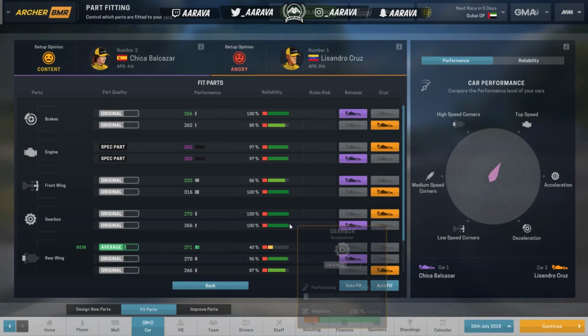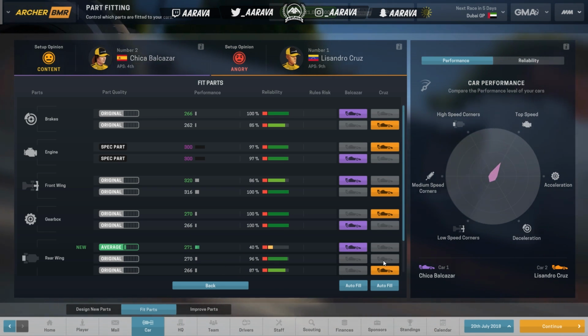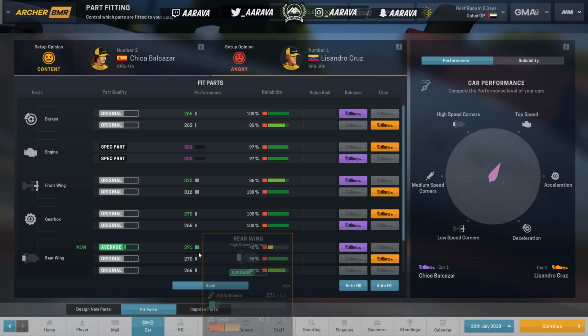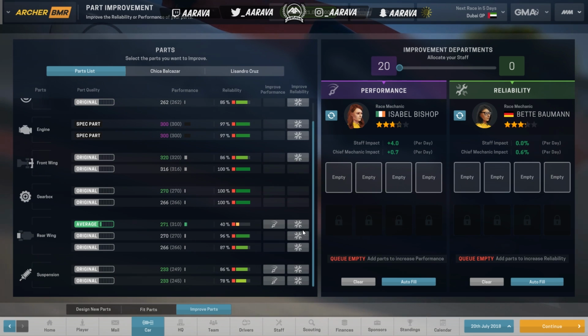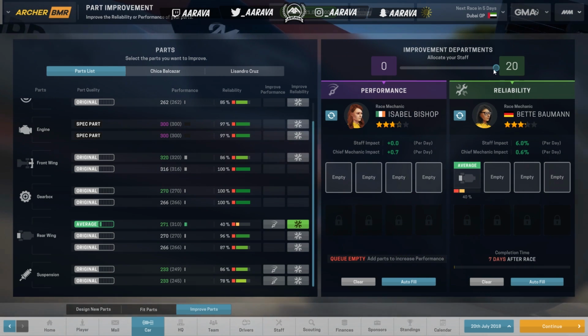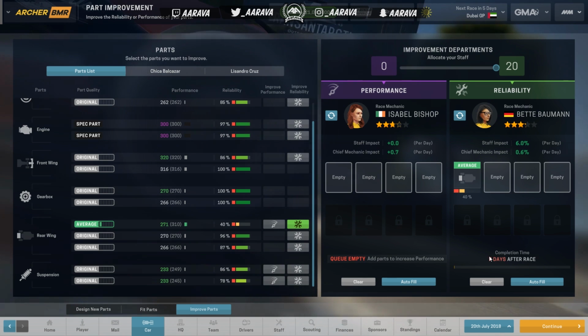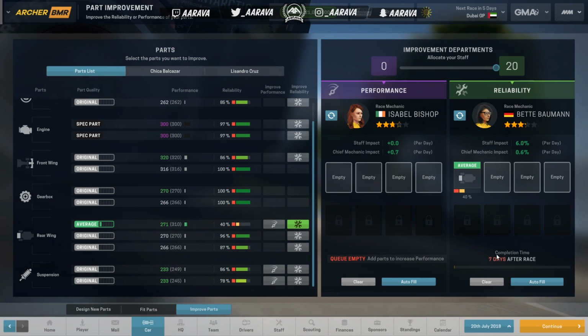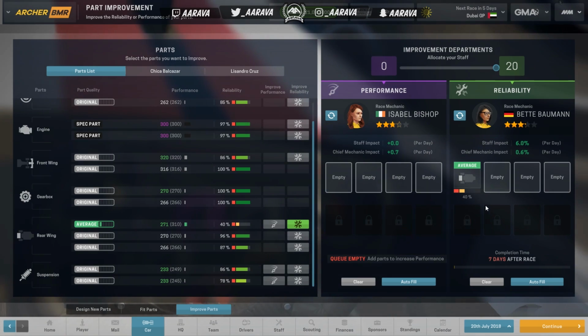Right, our new part is here. We got a brand new rear wing. Let's fit that to Balcazar's car. We're going to put Cruz on the best one down from that. And then we're going to go and improve this part. We also got factory staff idle because of this. But even if we go full 20, all working on this, it is still going to be 7 days after the race, unfortunately. Which is a little bit annoying,